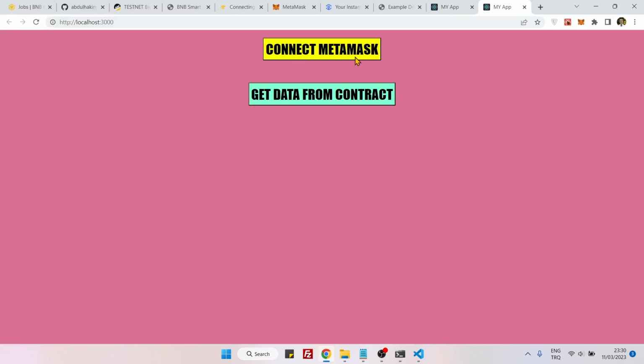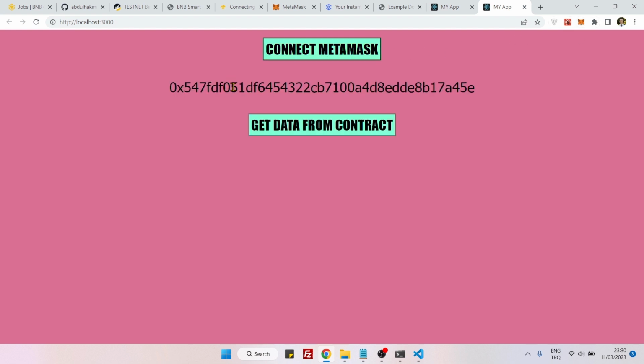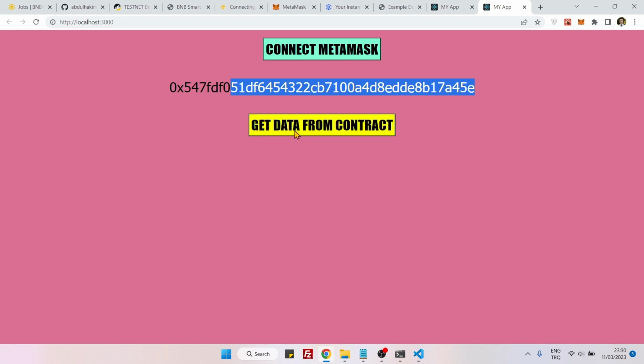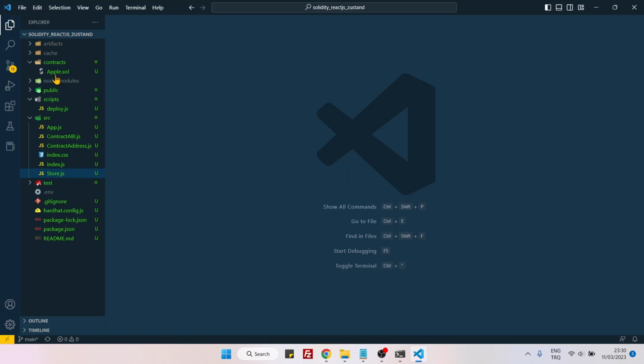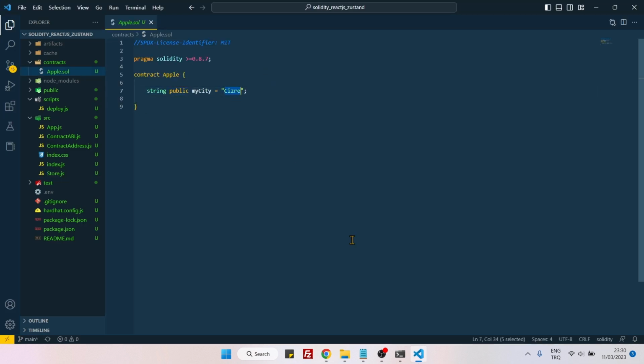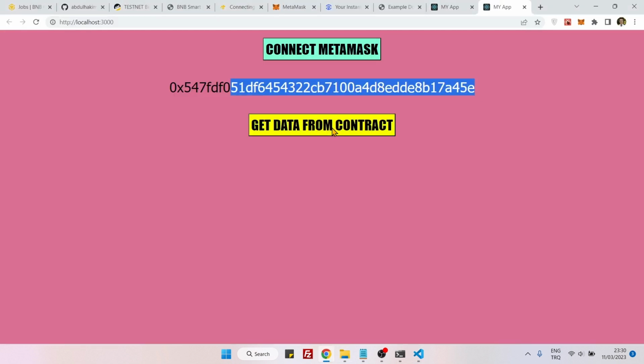Yes, our web page is at least working, but let's see if our functions are also working. So if I click on this connect MetaMask, it should get my account information from MetaMask. So let's click on it. It works. Perfect. And now let's get data from the contract. If I click on it, this should get that city name, Cizre. It should display this city name on the website. So let's click on it,